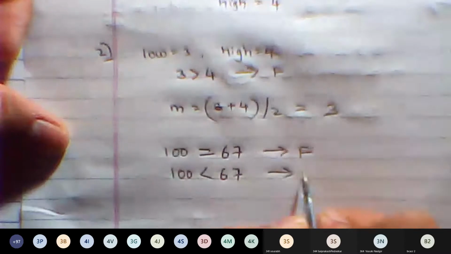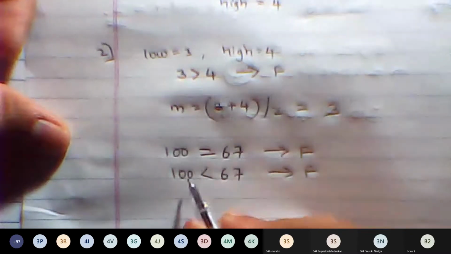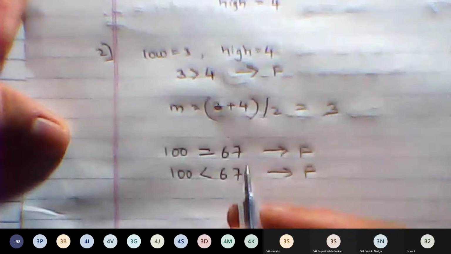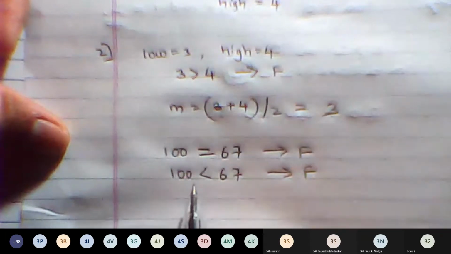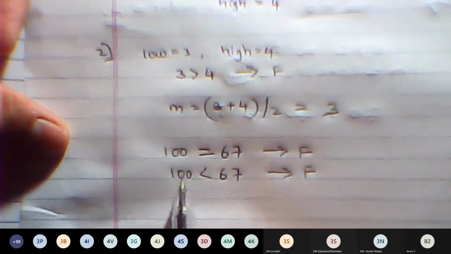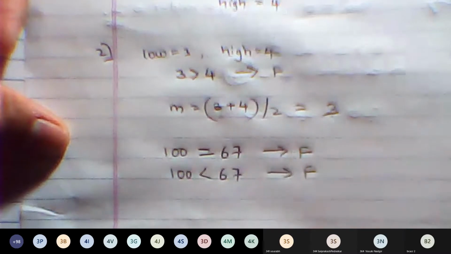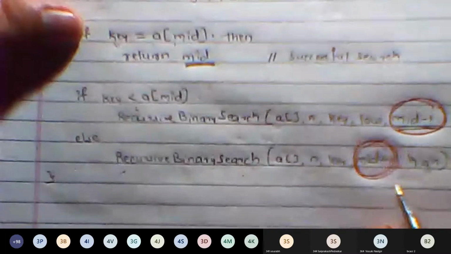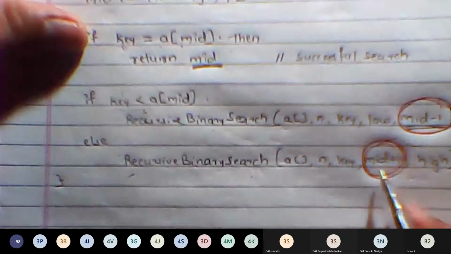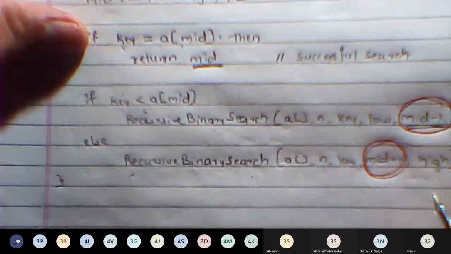Again the condition is false. Since it is false, we need to search further on the right side, because 100 is greater than 67. Right side means, which value should we modify? Should we modify low or high?